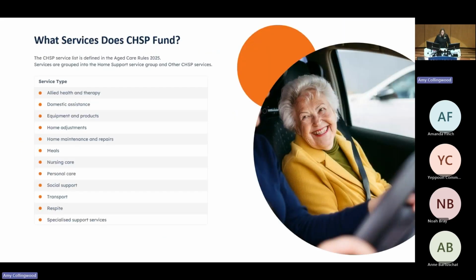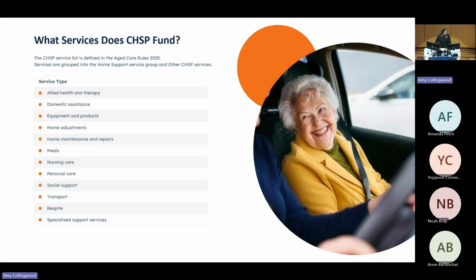What kind of services can we get under CHSP? And bearing in mind, we should only be getting 1 or 2 of these services because it is an entry-level program. Services such as allied health and therapy. So this is where we would get an occupational therapist to come and visit our home, make sure that all of our equipment is safe, to see if there's anything that we need to keep us safe and independent in our home, right through to podiatrists, exercise physiologists that keep us strong, reduce our falls risks, right down to the